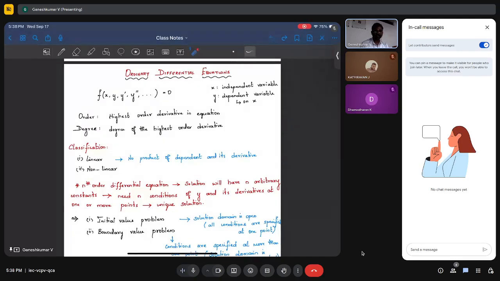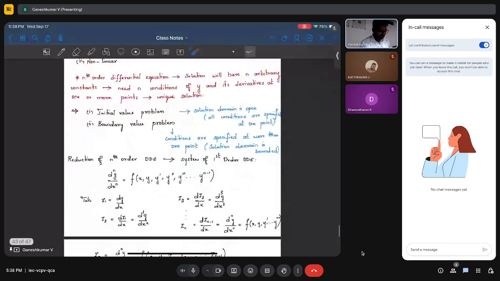The non-linearity, in the sense, is if your dependent variable is in product of another dependent variable, or in the product of derivatives of those variables, then we call it non-linearity. Although we didn't study much about non-linear ODEs,